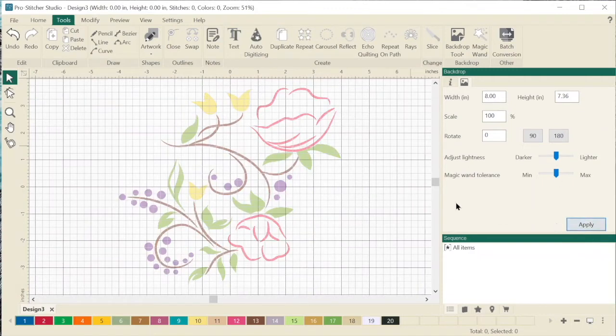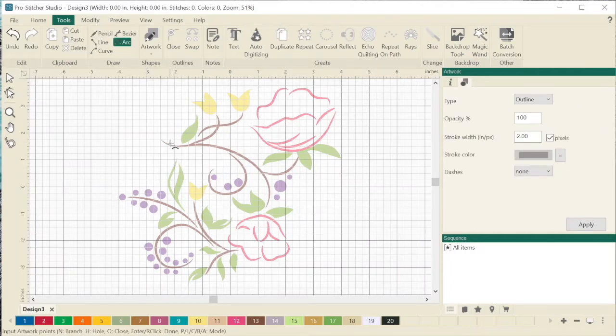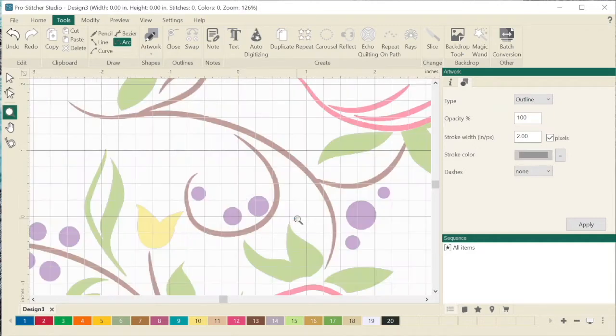So one thing you can do with backdrops, in my previous house I had a backsplash and everyone's like, oh my gosh, that would make the best quilting design. So what I could do is I could take a picture of that backsplash, bring it in as a backdrop, and then use my tools. Maybe I'm going to use my arc, and I will just zoom in to this section, pick my arc tool, and like 1, 2, 3, 2, 3, 2, 3, 2, 3, 2, 3, and work my way